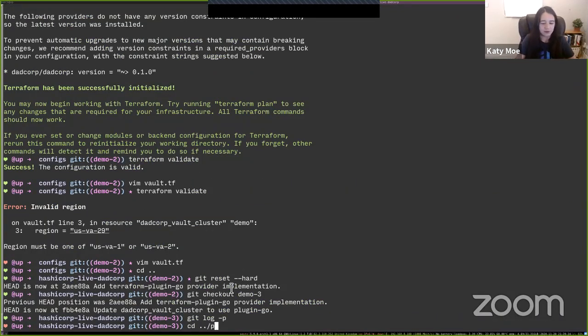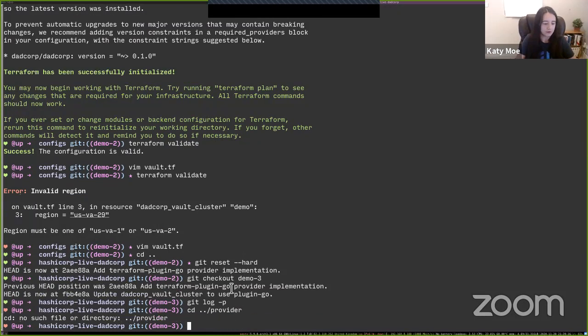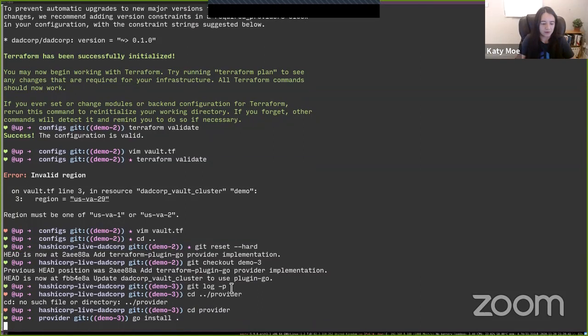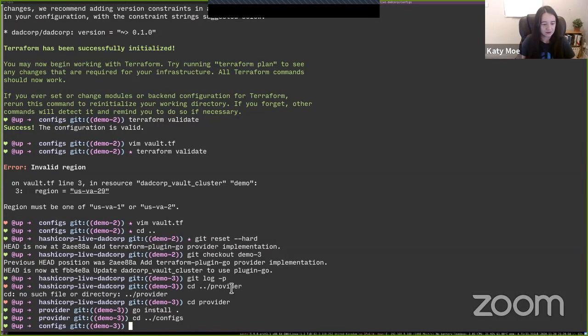So you'll see us rebuilding the provider while we're doing these demos, and doing a number of steps, including go install. We're going to improve this development flow in Terraform 0.14, which will be released pretty soon, I am told. So that's pretty exciting. But if we forget one of these steps, then that's why. Okay. Now we've got the new provider. I've got it symlinked to the appropriate place in the file system.